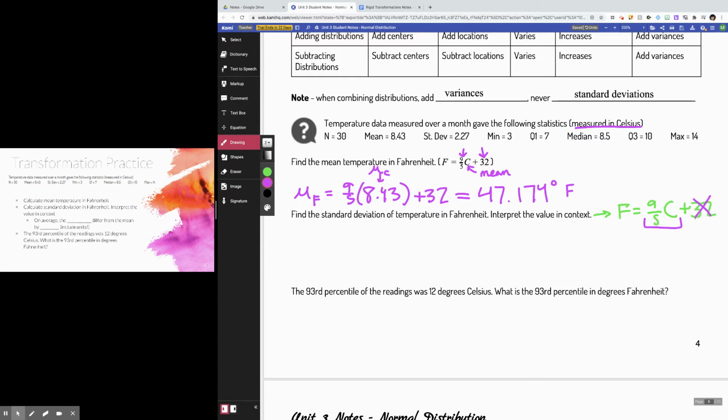The 32 will not. So my standard deviation in Fahrenheit is 9/5 times my standard deviation in Celsius, which, if I go back up to the top here, is 2.27. And you just have to multiply that through, and you get